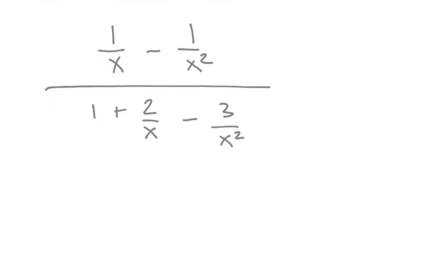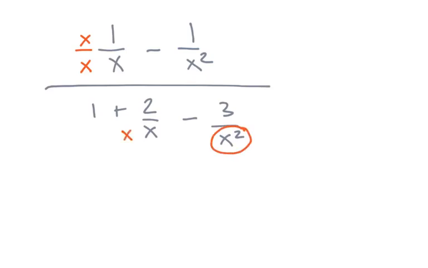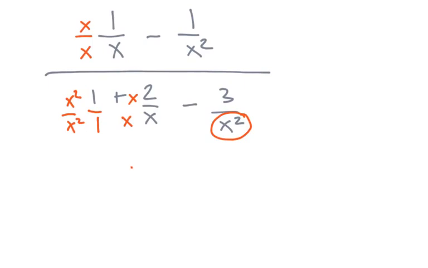And from here, even though the denominator has 3 terms, we're just going to do the same thing that we've always been doing, which is find the common denominator. So the numerator would just be x over x to get x squared. The highest exponent is x squared, so we will want this x over x, and this one would be x squared over x squared. Remember, 1 is the same thing as 1 over 1. And that would create that same denominator, so we'd have x minus 1 over x squared all over